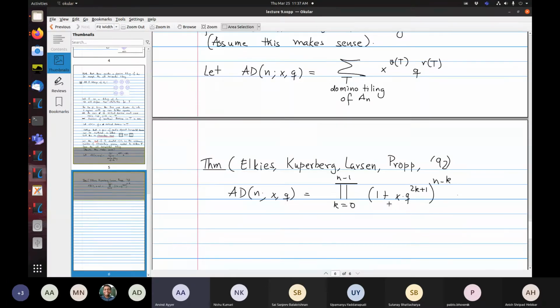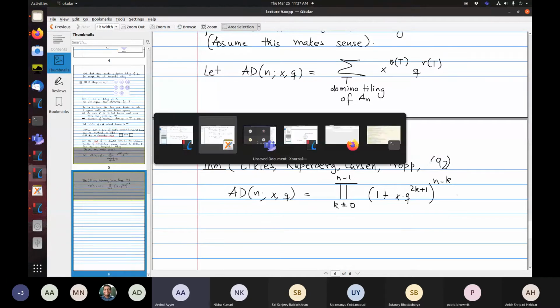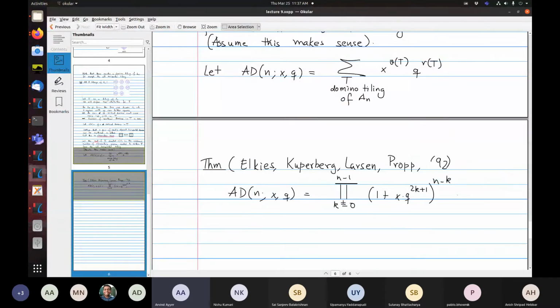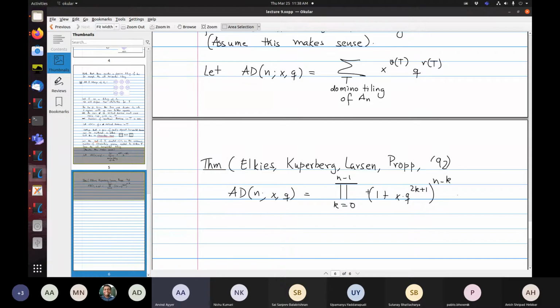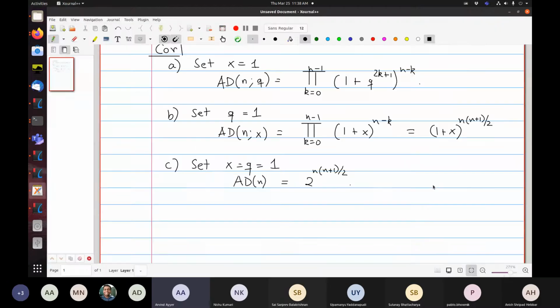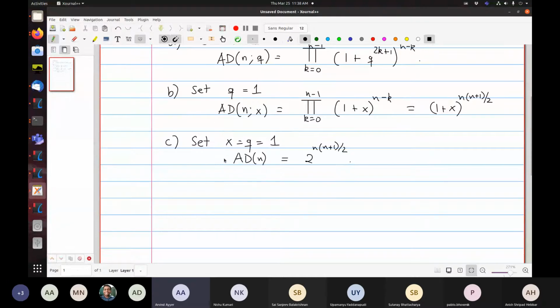Okay. So as I said last time, this paper of EKLP proves this theorem in 4 different ways. That was a slight cheat. It actually proves this result in 4 ways. This result is not obtained using all 4 ways. What we will prove is actually this result, connecting it with alternating sign matrices. Okay, so we will prove C.